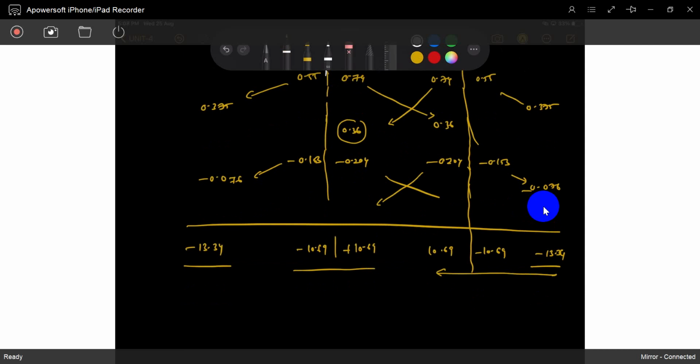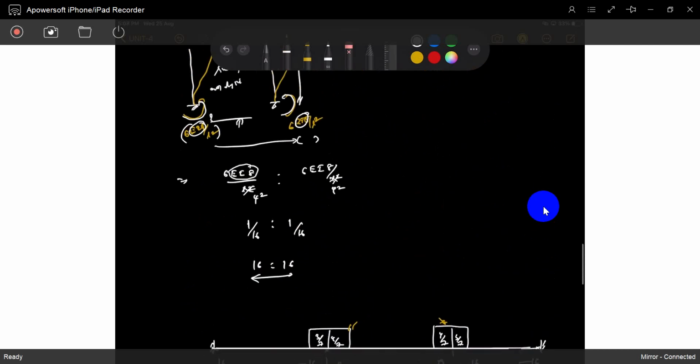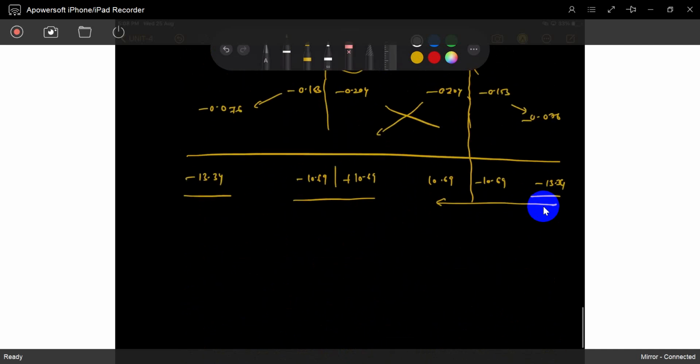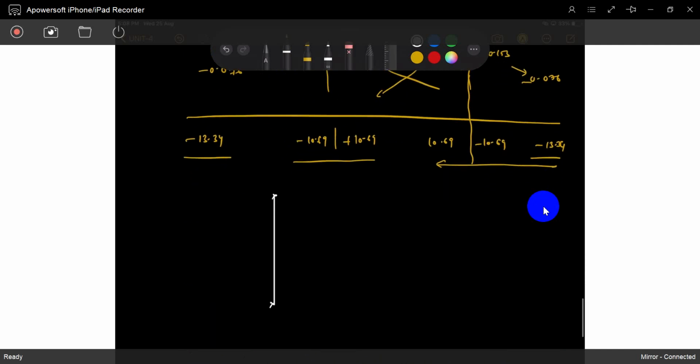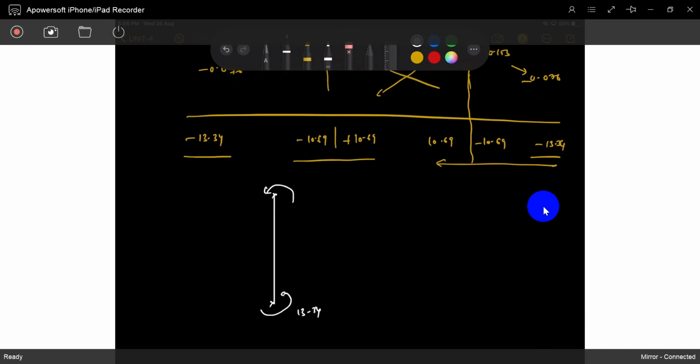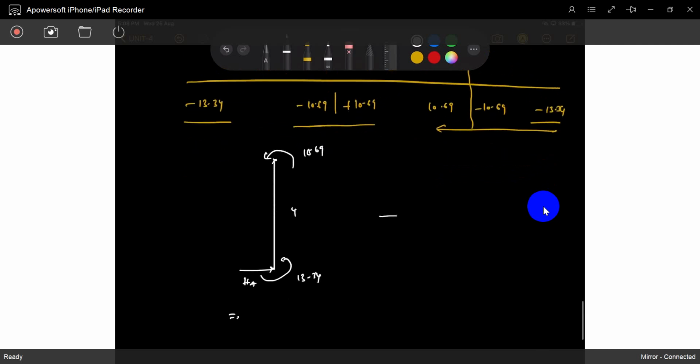In reality, the sway we don't know. The EI delta value we don't know. We just assume something, so in reality we can find it out again. How can you find it out? See, this is A, this is B, negative 13.34, which is also negative. 10.69, it's a 4, it's HA. What is that value? Similarly, this is also the same.